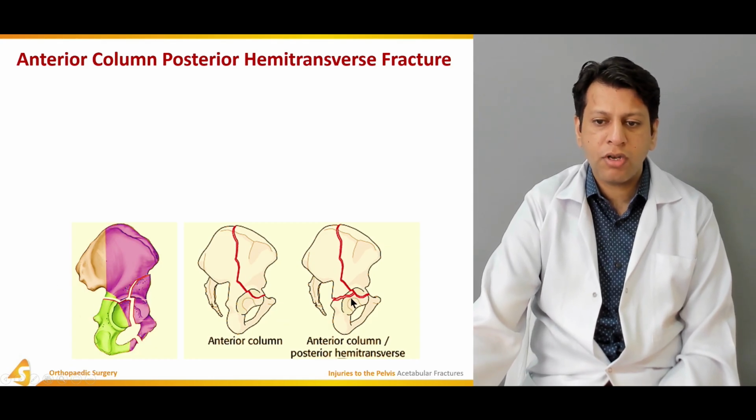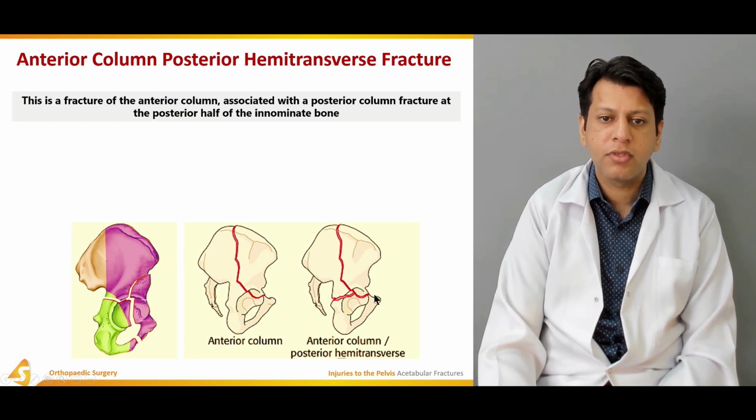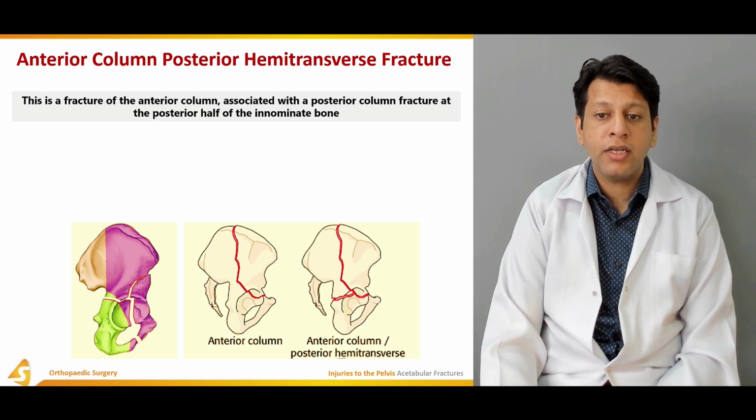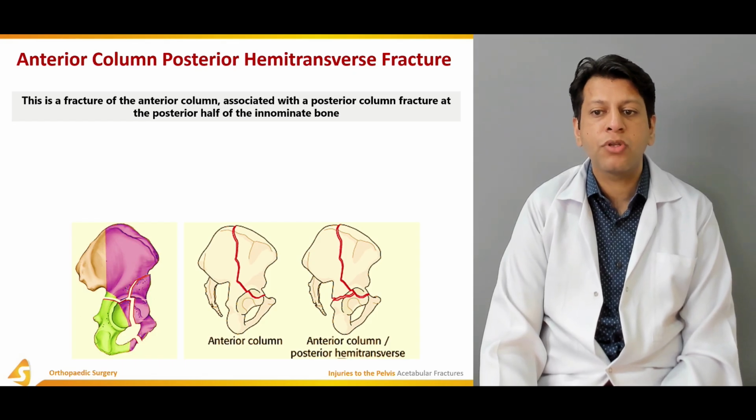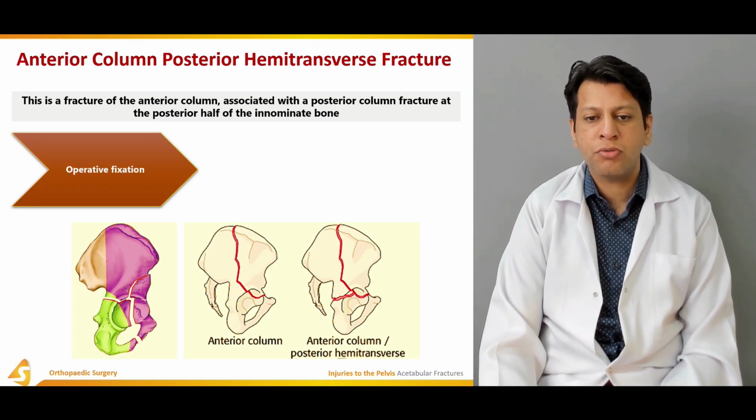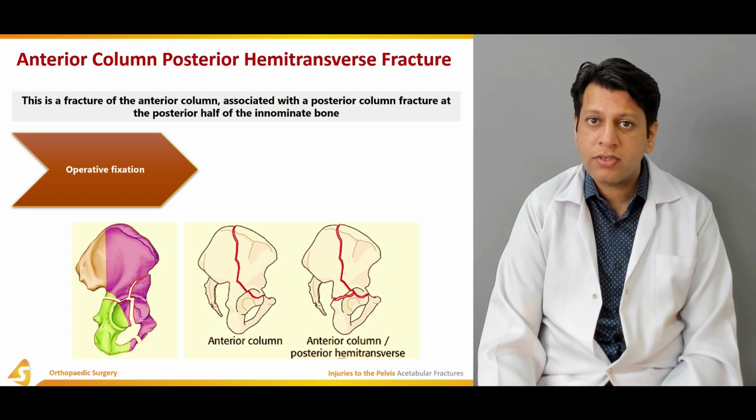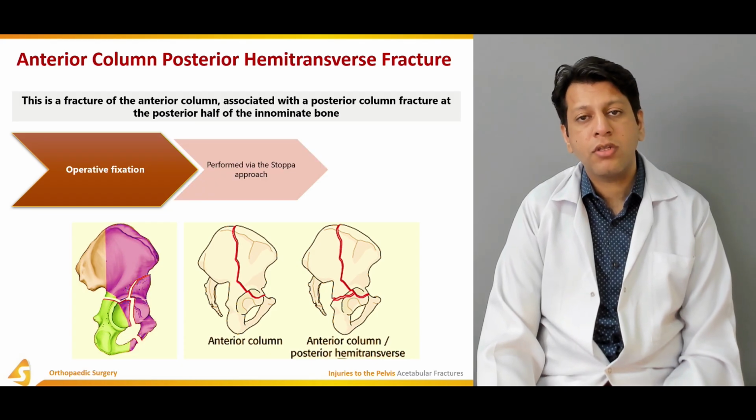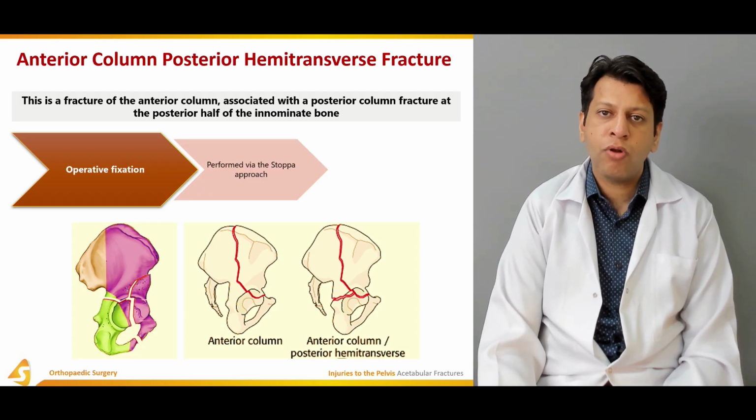This is an anterior column fracture involving a posterior hemitransverse fracture as well. This is the fracture of the anterior column associated with the posterior column fracture at the posterior half of the innominate bone. That is what is called a posterior hemitransverse. It requires operative fixation, and now both the columns are involved, so one option is to approach it via the Stoppa approach and